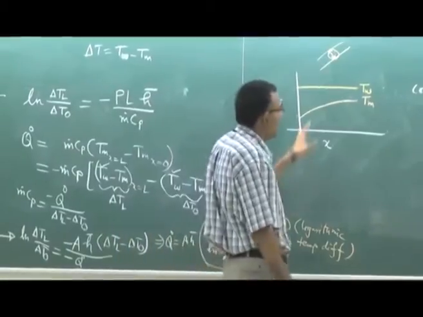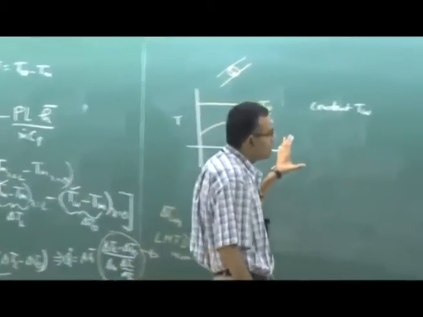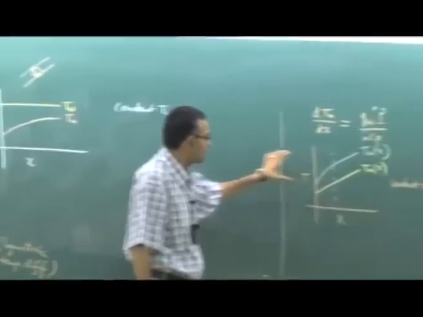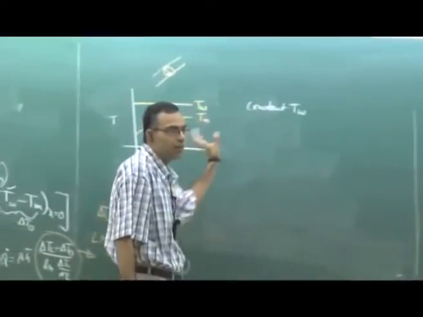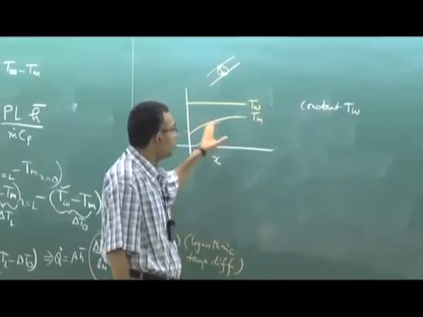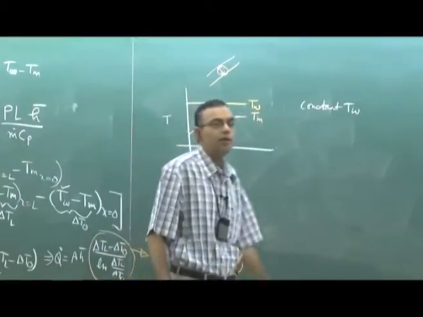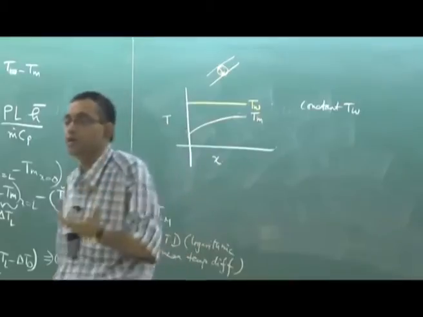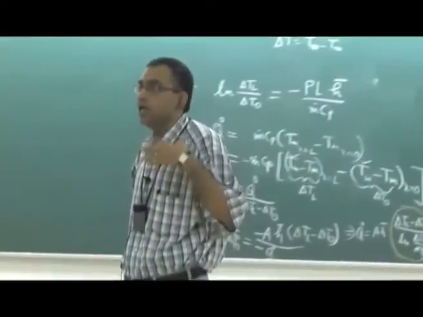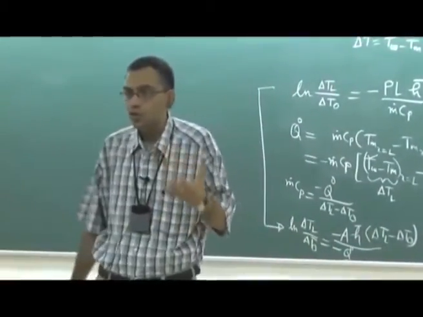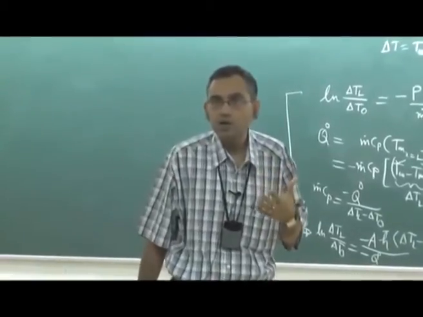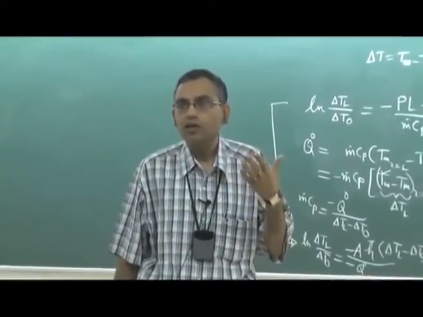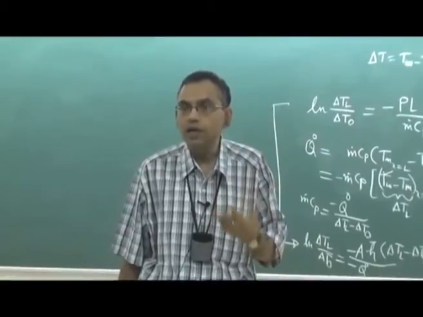So we have discussed the situations of constant wall heat flux and constant wall temperature somewhat qualitatively, that is, how the wall temperature and the bulk mean temperature vary with x. But the question is, what is the rate of heat transfer, that is, what is the Nusselt number. So we need to discuss what the Nusselt number is for thermally fully developed flow.